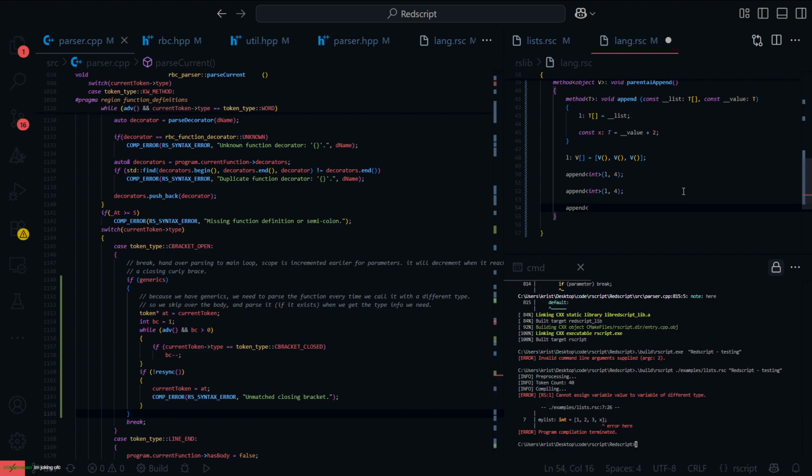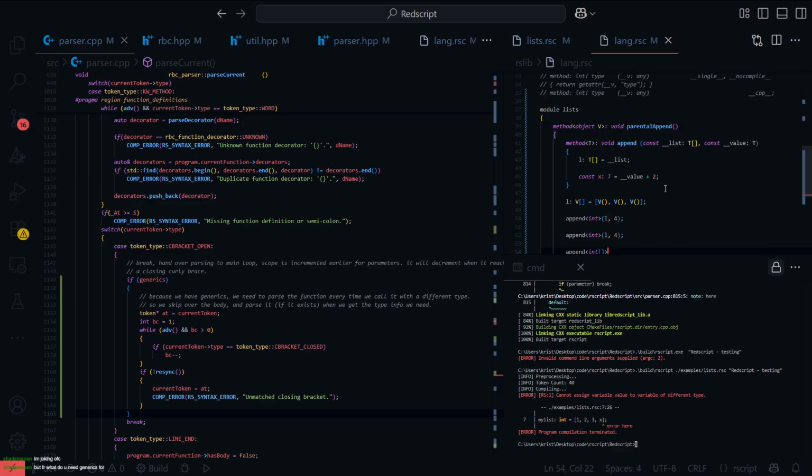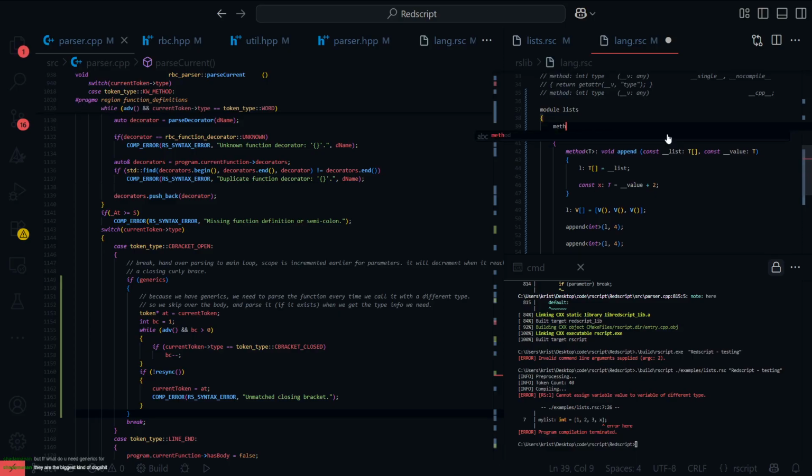So obviously this would fail, right? What do I need generics for? Honestly, nothing. No, okay. I need generics because it's strongly typed, and I was thinking to myself, okay, what if I wanted to make a function called append that appends an item to a list, right? Well, if I wanted to make it inbuilt, how would I write it? It's strongly typed, right? Okay, so how would I write a void method append that takes in a list, and